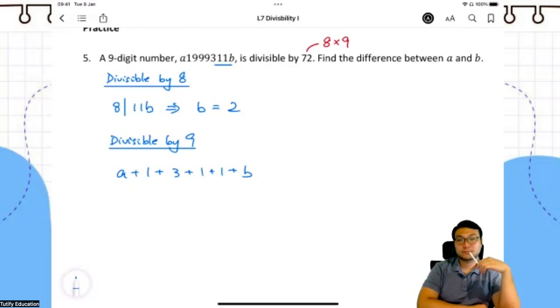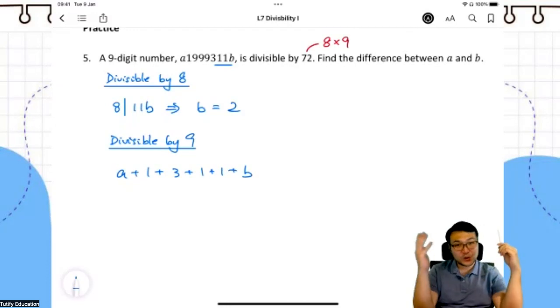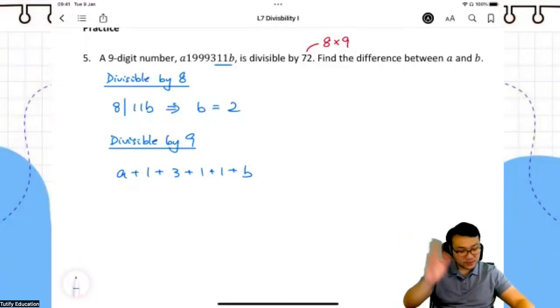This 9 can be divided by 9. Yes, because you already know that the number 9 is divisible by 9. So why am I wasting my time adding it? I don't need to waste my time. Just skip all the number 9s. And then,